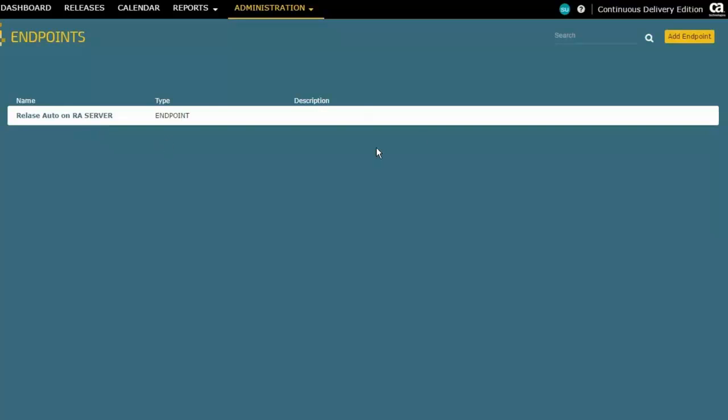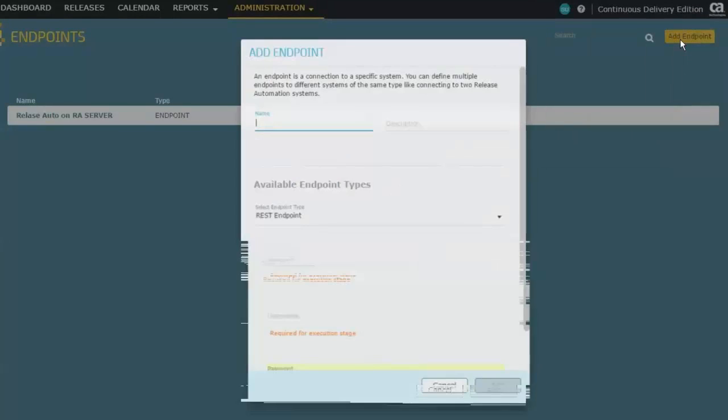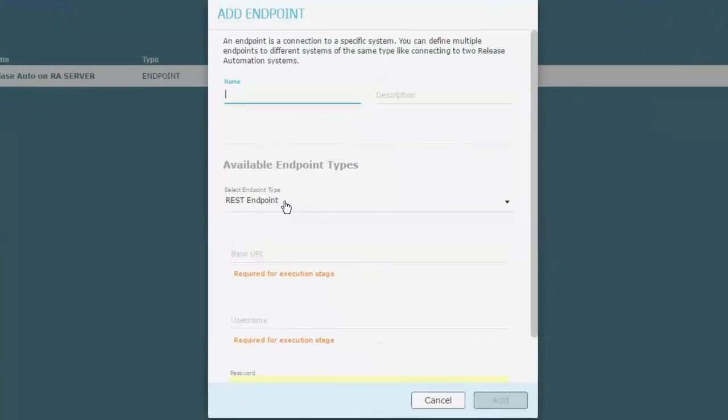Right, now a second one I could add, as we saw, would be related to our RESTful plugin. There are only so many programmed actions that I can do against release automation through the RA plugin. But if I wanted to do some additional actions against RA, then I could use a REST plugin for that. So this is going to be my RA RESTful endpoint. And again, I'll need to give it the URL for that, which in this particular case is